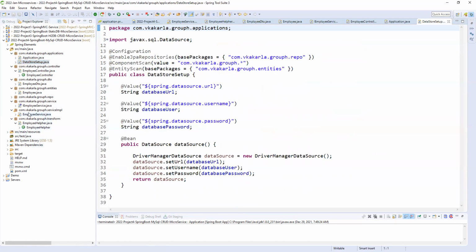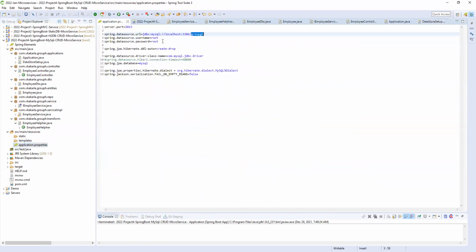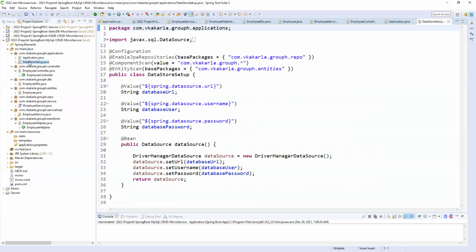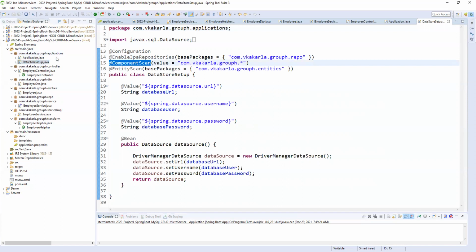So whatever we have as properties of the database, these things you need to configure programmatically. Otherwise we can configure from the properties file, but it is better to configure in a programmatic way. So this is the configuration. This is the enable JPA repositories. In a configuration I gave it instead of in our application class, and the components can be given anywhere, we can give the same, right? The same class. So entity scan, right? So here is the data setup.